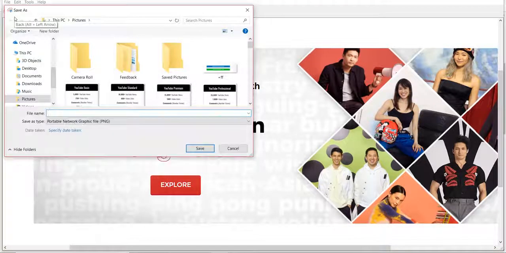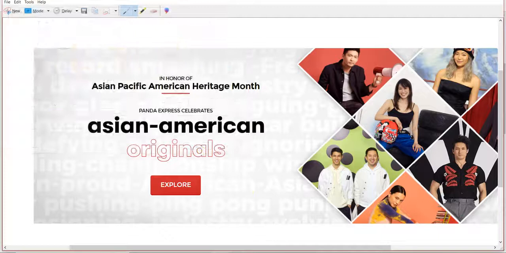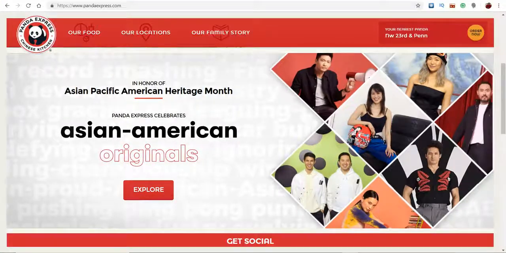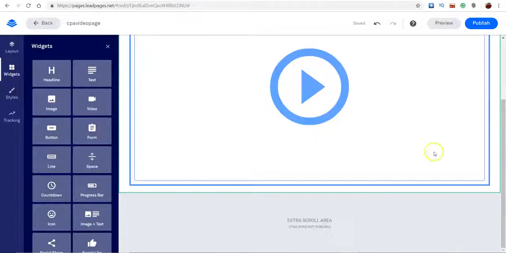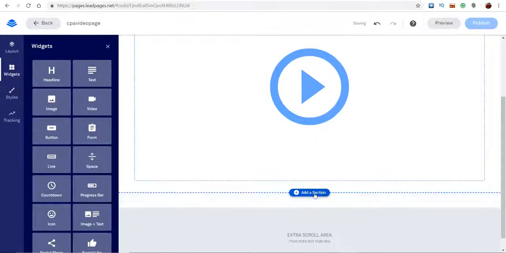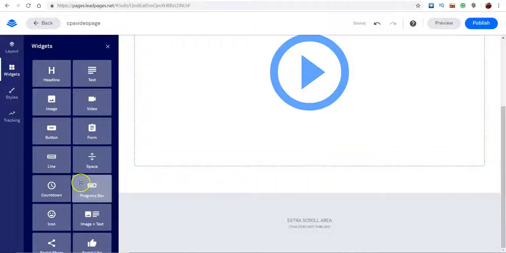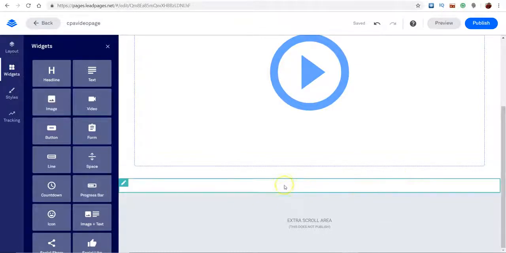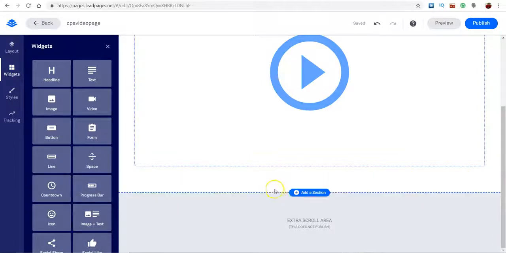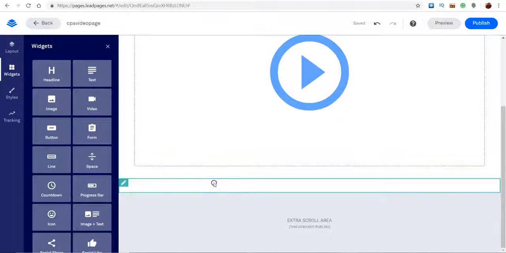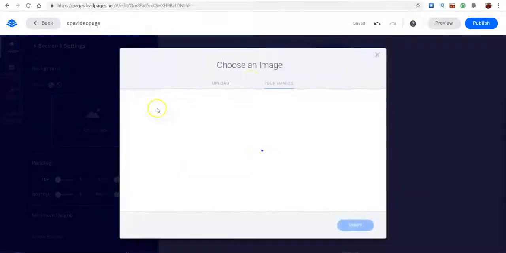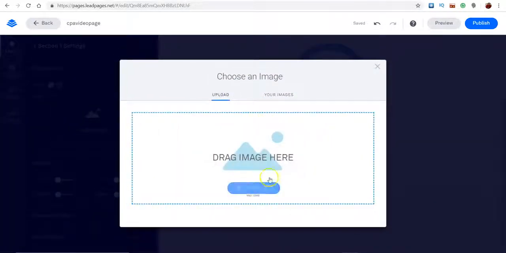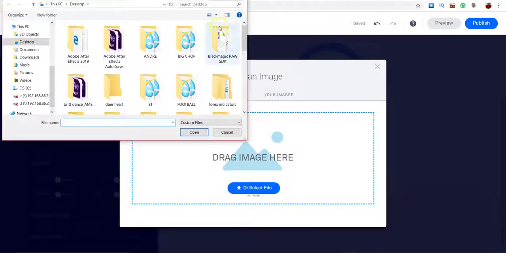under picture. Yeah, save it under picture, and then you want to go here to add a new section. You can do this two ways. You can drag this under as an image, which I don't recommend because it won't stretch to the entire length. So what I would do is click in this section, add an image right here, go to upload, go here, and then click on